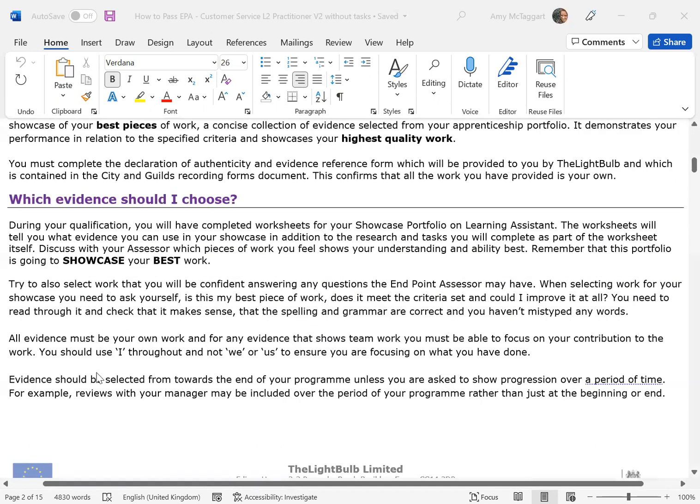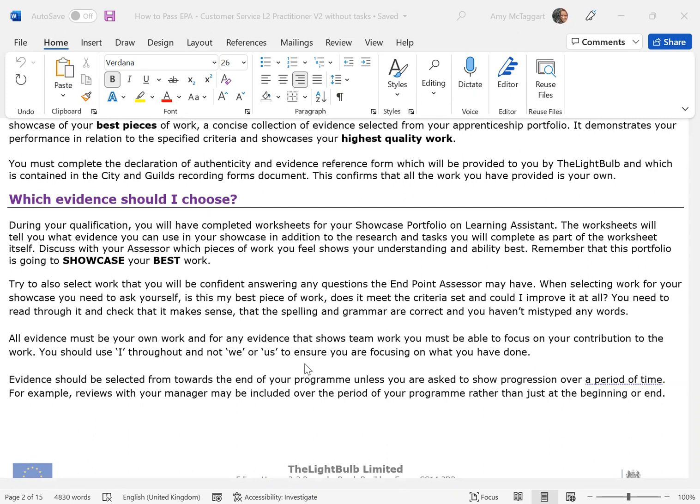Make sure that when you're giving your evidence and you're typing your answers in, you are talking about yourself. So you are using I instead of we or us. And that just shows that you have actually experienced these things and they're your examples. If ever you've got any questions about your answers at all, or if you need any support, you can contact